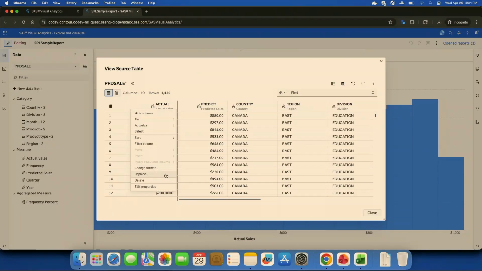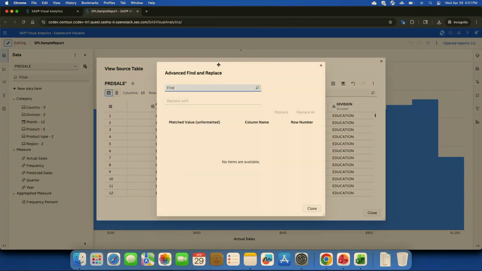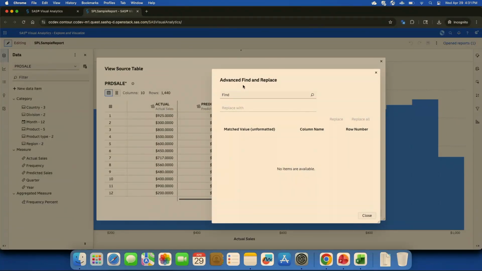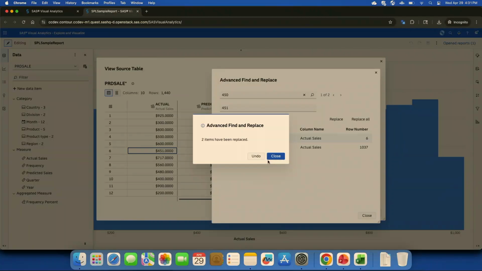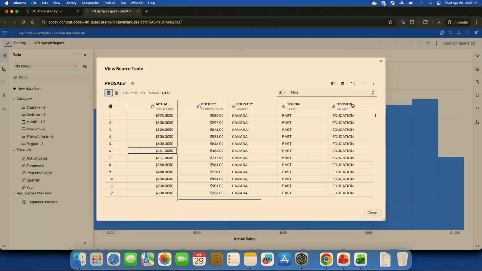You can also replace inside of a column. So if you want to change a value, say 450, find all the 450s and change those to 451s. You can just hit replace all, and those will all be done. And like I said, if you don't like the results of that operation, you can hit undo, or you can hit redo as many times as you want. The undo redo stack, I think, is 20 levels deep by default. If you guys start running into situations where that's not sufficient, let us know and we can bump that up.